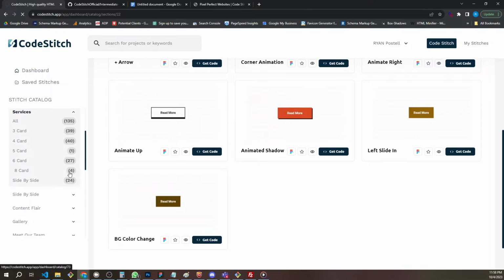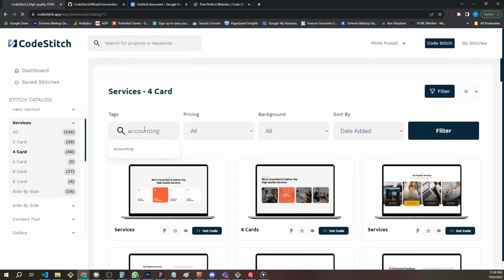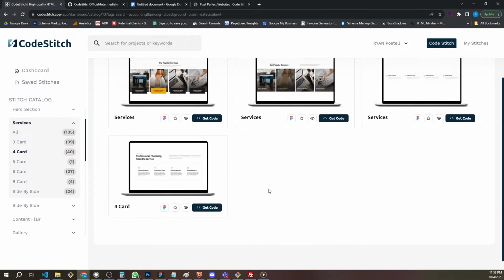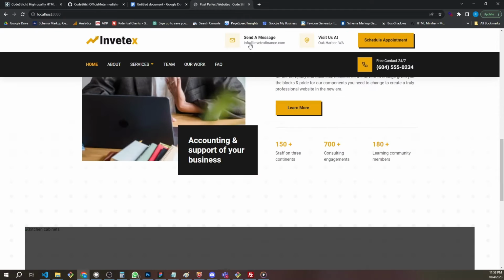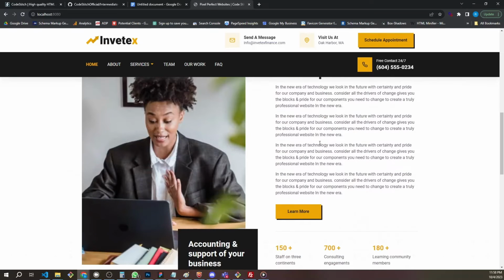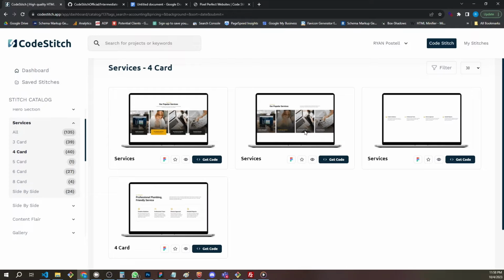Services, forward card, and let's filter by accounting. I know we got plenty of them. So, okay, how big do I want to get? Because this is nice. If we look at our overall site, I could do that full width one and have a little more variety in my container sizes. Like if I use this one, but